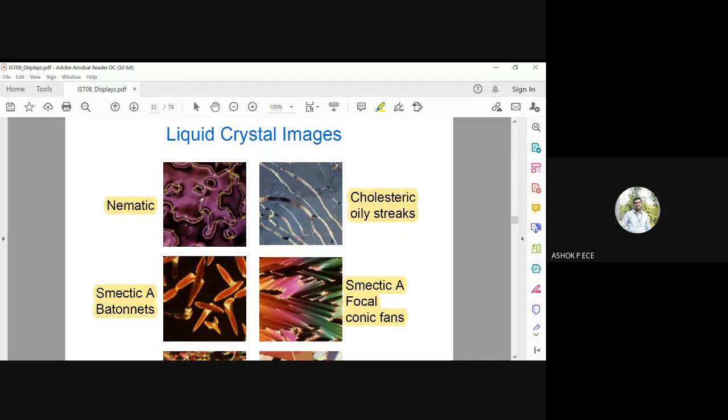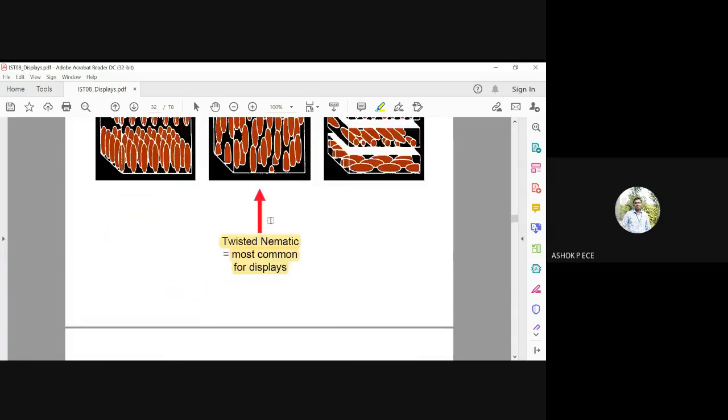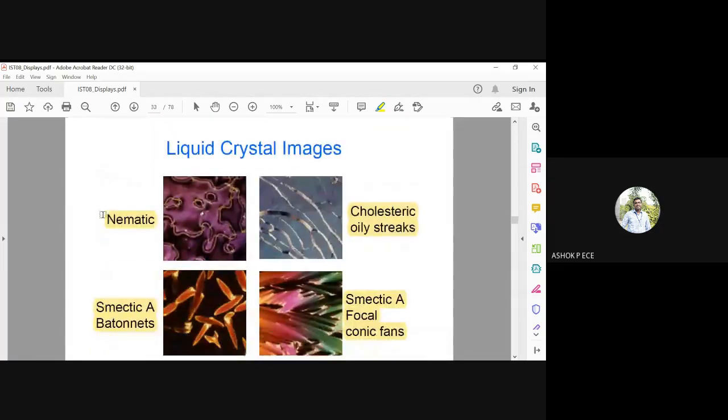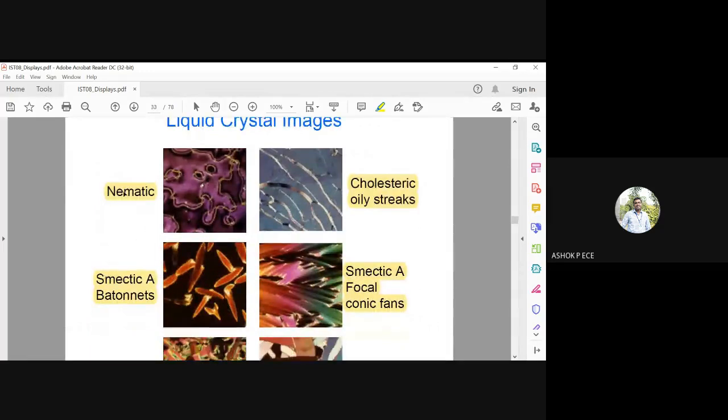So we have said that we have three types of displays, right? Smectic, nematic, and cholesteric. We are going to stick with nematic, but we are just seeing how the crystals will look inside each of them. So we have one example for nematic. For cholesteric, we have one.